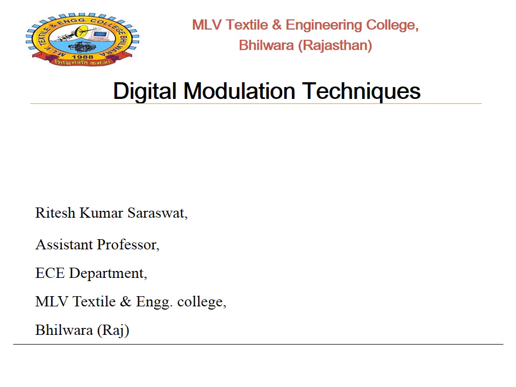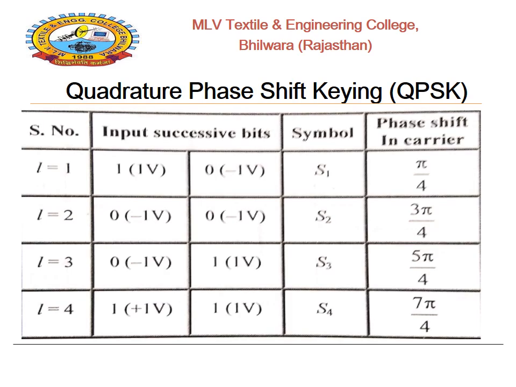Today we will discuss another part of digital modulation techniques, that is QPSK. QPSK stands for Quadrature Phase Shift Keying. In QPSK, the data bits to be modulated are grouped into symbols. Each will contain two bits, and each symbol can take on one of four possible values. There are four possible combinations: 0 0, 0 1, 1 0 or 1 1.